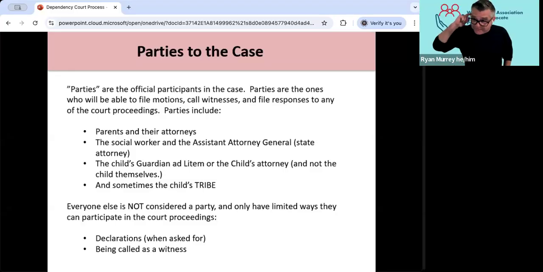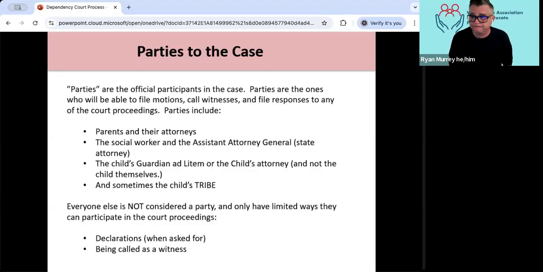Conflict check is what attorneys do to make sure that they haven't represented the client or have some other history with the client from a previous court hearing or previous legal matter. They want to make sure all the attorneys who are working with the client have a clean slate. We have a lot of folks who switch sides. Some go from the attorney general's office to parents' attorneys, to parent representation or child representation or vice versa. They just want to make sure that there's no conflict in their representation of their client.